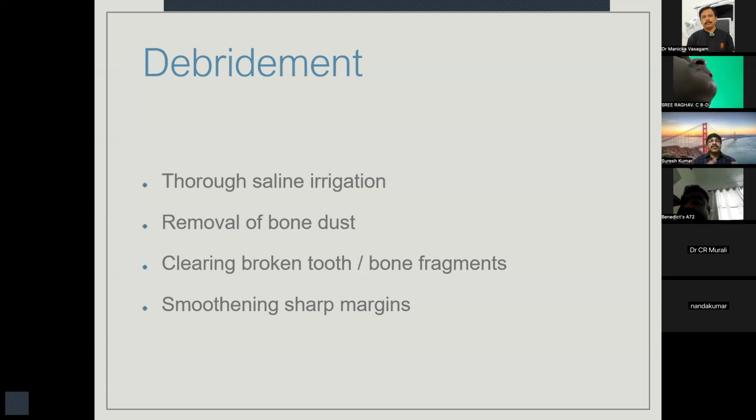So you need to open up the flap very wide and then irrigate nicely. Make sure you remove all the bone dust from the surgical site. We can avoid periostitis. And then if there is any broken part of the tooth, crown or root, and bone fragment, please remove them carefully, and then make sure on both sides there are no sharp bony edges. Make it smooth either with the bone rongeur, a bone file, or a small round burr. That also helps to smoothen the bone. So sharp margin smoothing is important before you do the suturing.